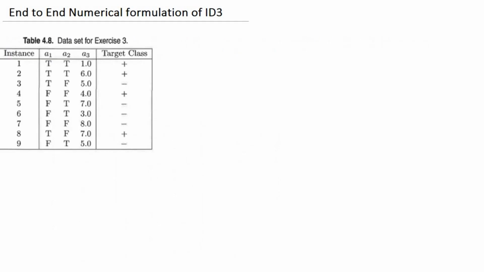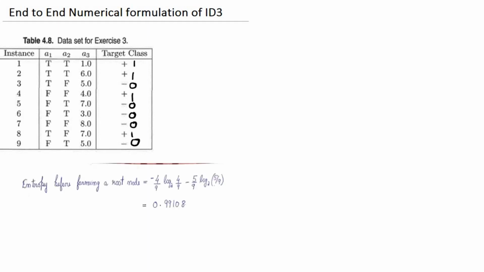As discussed in part 2 of this video series, we will start with the entropy before forming the root node, which is the overall entropy of the data. For this, we see the count of 0 and 1 in the target. We encode positive values with 1 and the negative values with 0, and we use the usual formula of finding the entropy before forming the root node. We can clearly see that out of the 9 values available, 4 are positive as represented over here, and the remaining 5 are negative. We plug in the usual entropy formula which we know, and we get the entropy before forming the root node to be